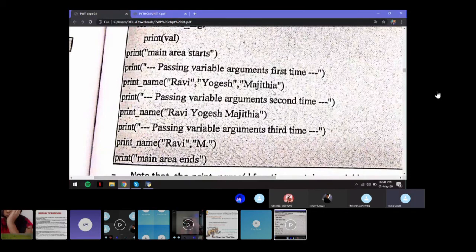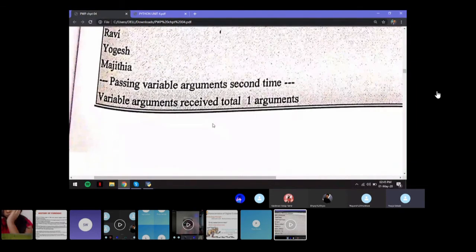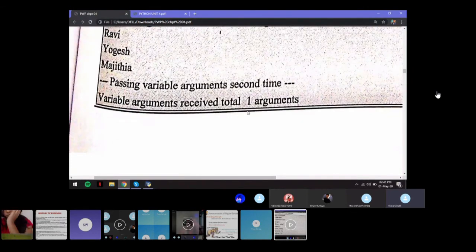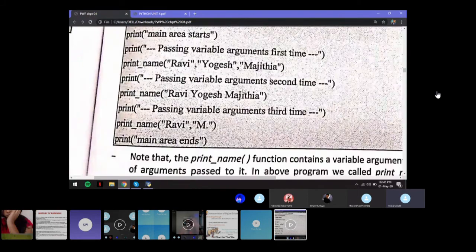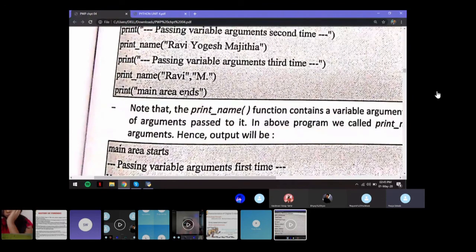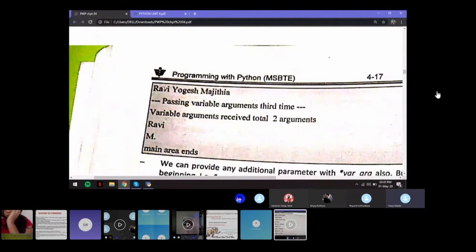So you are basically passing 3 string values to your function. Next, in the second function call, you're passing the same 3 names, but you're not separating them with a comma. You're just passing that as a single string variable, right? So let's see what happens then. Now variable arguments received total 1 argument. Because you're not putting any commas in between, it is going to consider that as a single string, and when you print it, you get it in one single line.